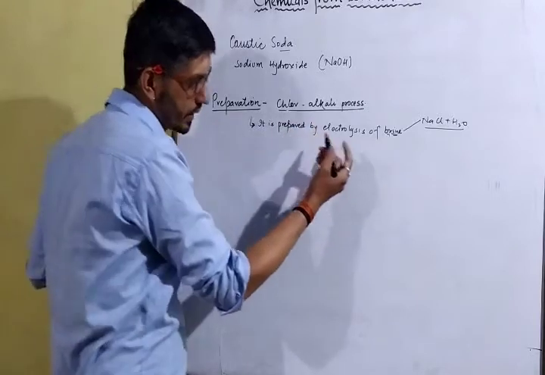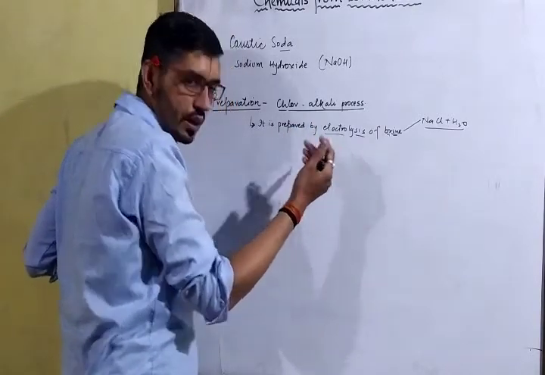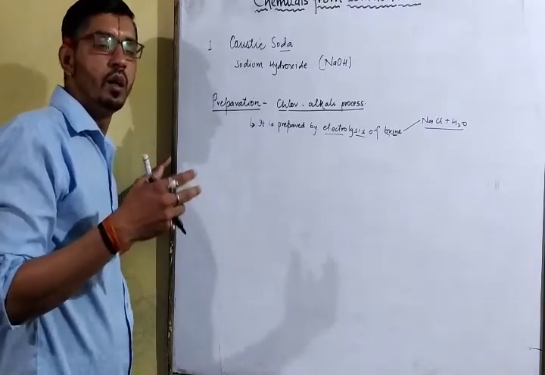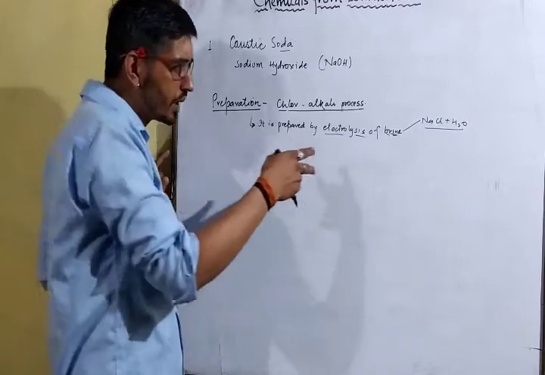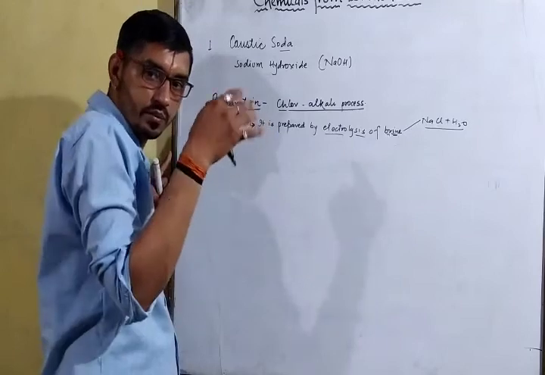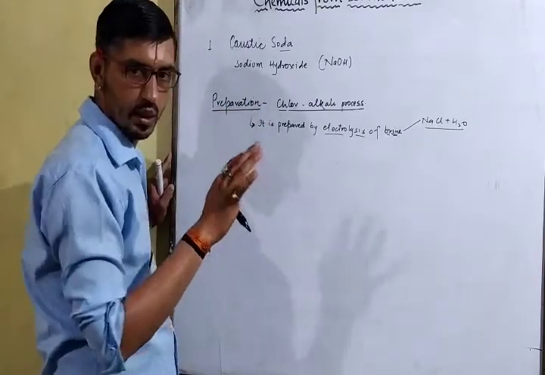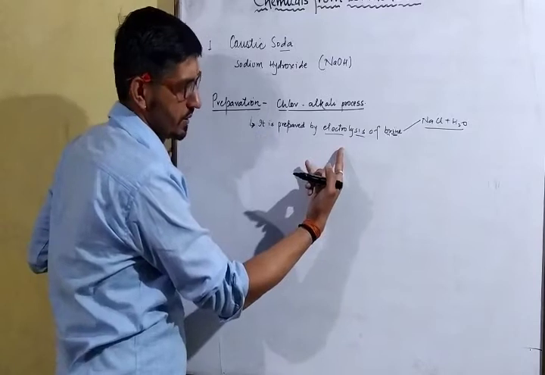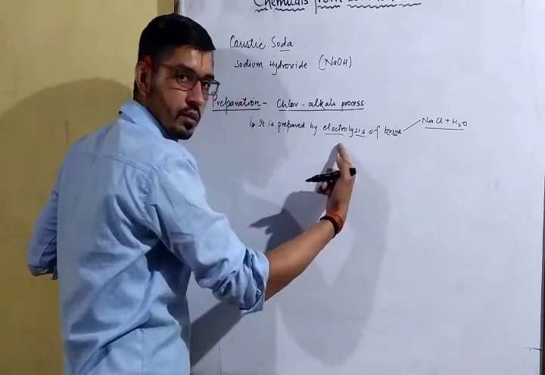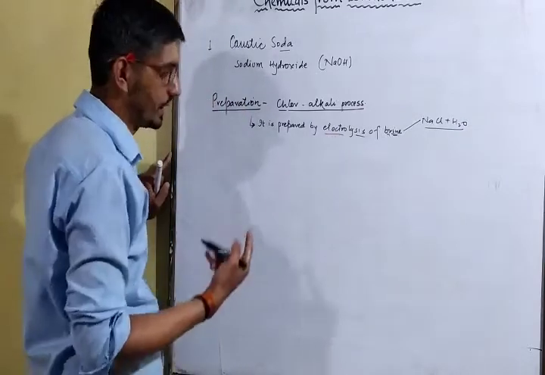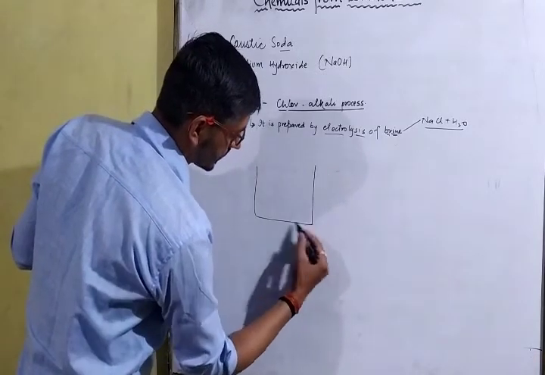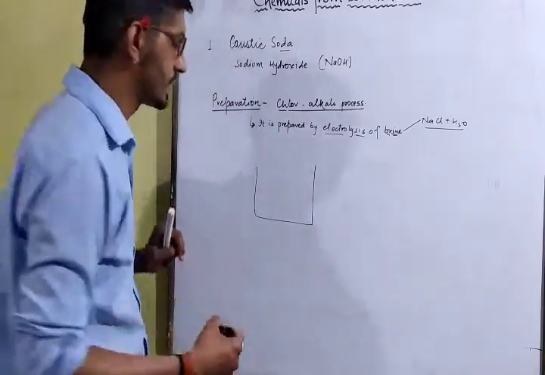So as I told earlier as well, what is electrolysis? Electrolysis is the dissociation process. You can say the dissociation reaction in which dissociation is done with the help of electricity, as we have learned in the previous chapter as well. So in this process, electrolysis of NaCl and H2O is done with the help of electricity. Let's suppose in this apparatus we are doing electrolysis.